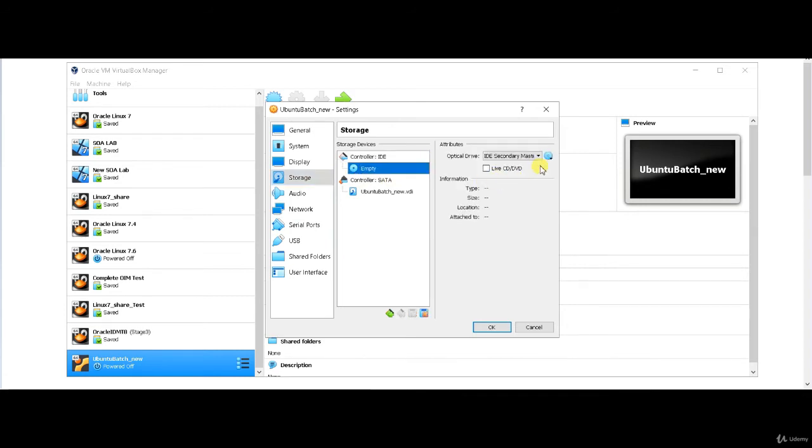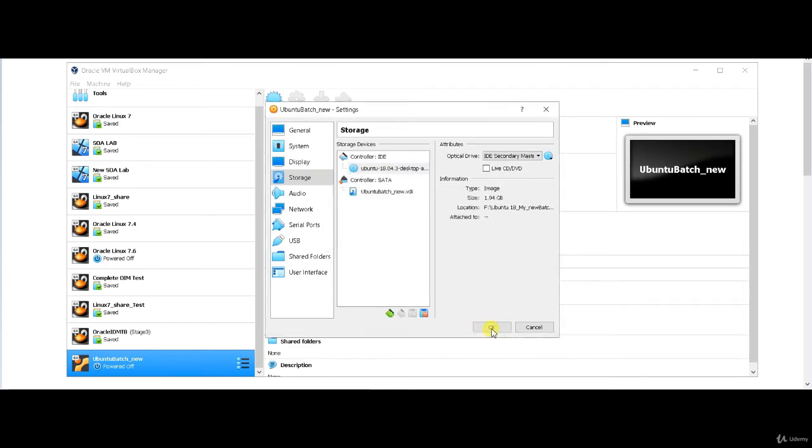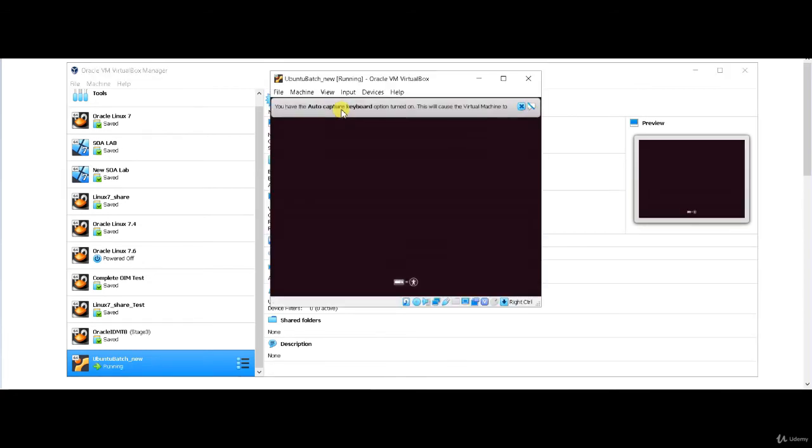Go to this empty drive, click here and choose the disk. Click. So I am here. Click on the Ubuntu image. You just need to search for where your Ubuntu image is. Click here, hit OK. Now what you need to do is hit normal start. Right now you can see, you just need to click show here if it is not showing. Right now I'm not going to try it, I'm just going to install it. So let me wait for that.